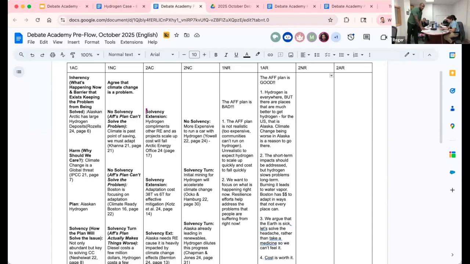So for us, we're talking about two different visions, right? Their vision is that we're trying to address the same thing. Climate change is a problem, we agree with that. But they want to peddle this false dream of, let's just invest in hydrogen. We've already highlighted that you need fossil fuel to make hydrogen, which will make it worse. And they want to take that and go to the Arctic to do so,